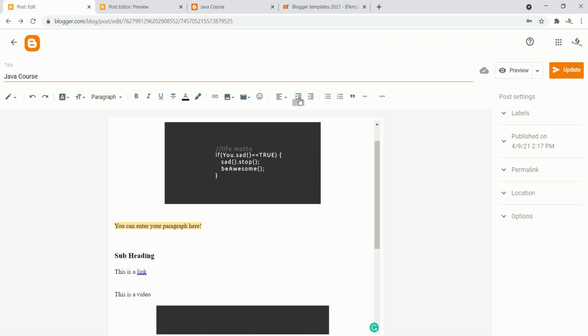And you can also increase indent or decrease indent. Then you can add your bulleted list. Bulleted list